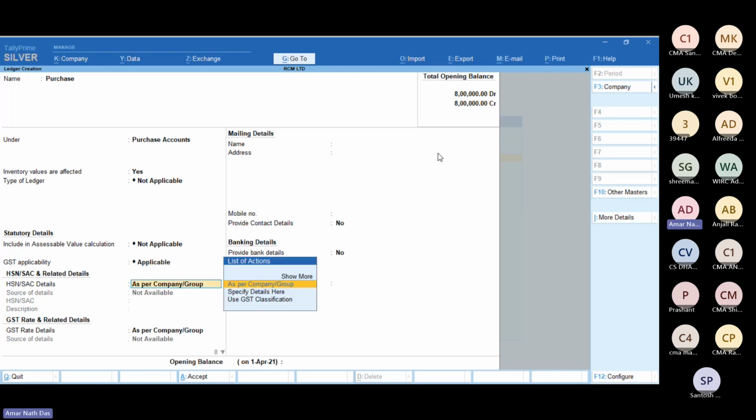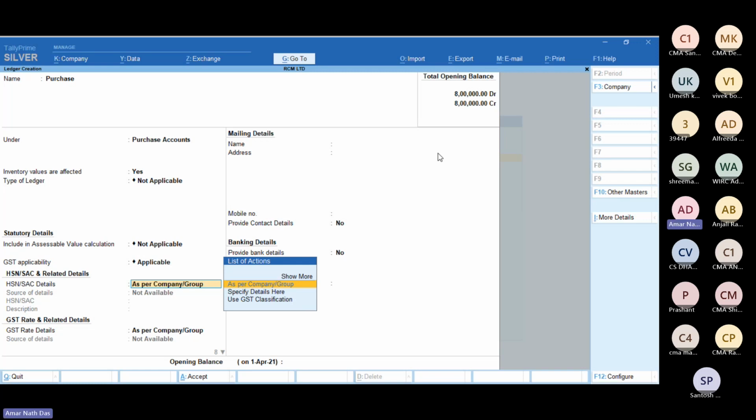If you go further, it will also ask me to specify details of GST, or use GST classification, but I have already mentioned GST details. I configured GST details at the time of creation of stock item, so there is no need to put anything in at the time of